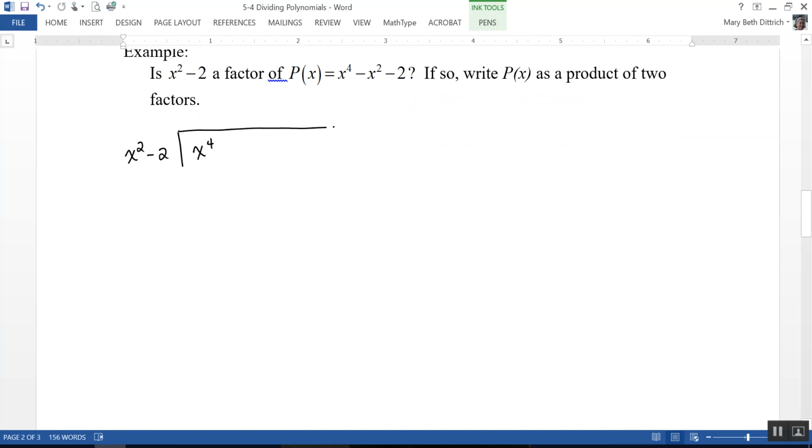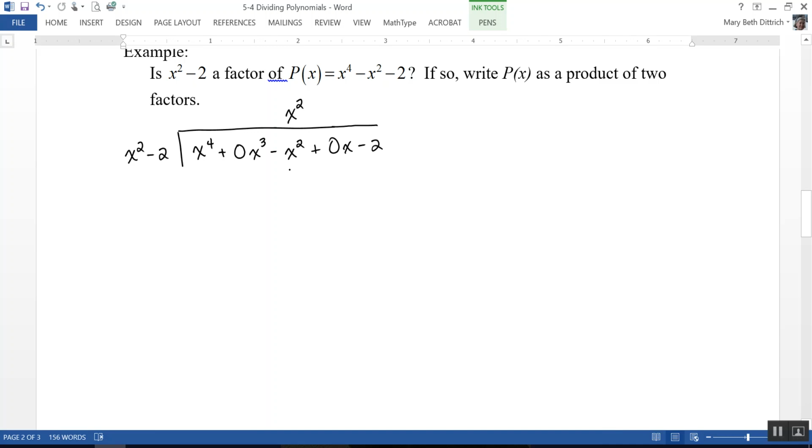Now you'll notice that I don't have any x to the 3rd term or an x to the 1 term. So I'm going to put those in with zeros in front. I can add a 0x to the 3rd to this polynomial and not change the value of it. Minus x squared plus, I don't have an x, so I need a 0x minus 2. Anytime you're doing long division with polynomials, we need to make sure that we have a placeholder for each power of x. So x to the 4th divided by x squared is x squared,